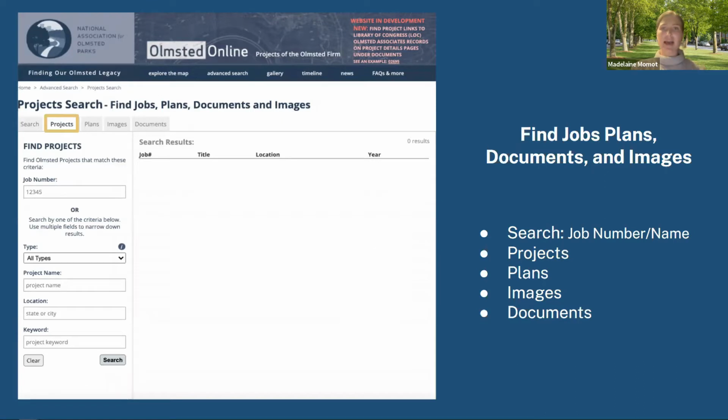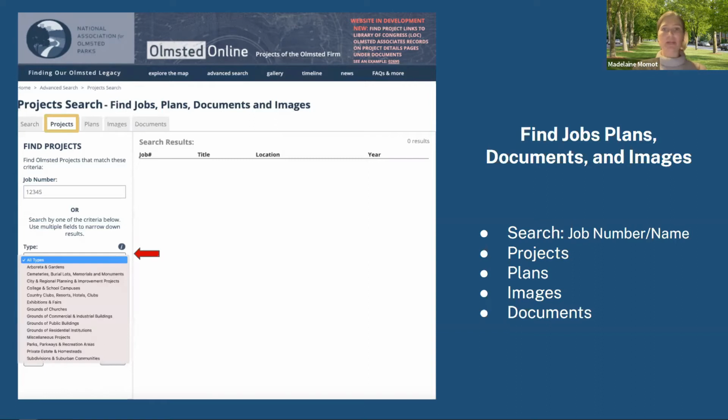And then the second tab, which I primarily use and is probably the most helpful, lets you focus by location. You can also filter by project type. If you were to click on the drop down, you will see 14 different categories appear. These include parks and parkways, city and regional planning, college and school campuses, subdivisions, private estates and homesteads, grounds of building types, and arboreta and gardens. You can also click on that small blue eye for more information